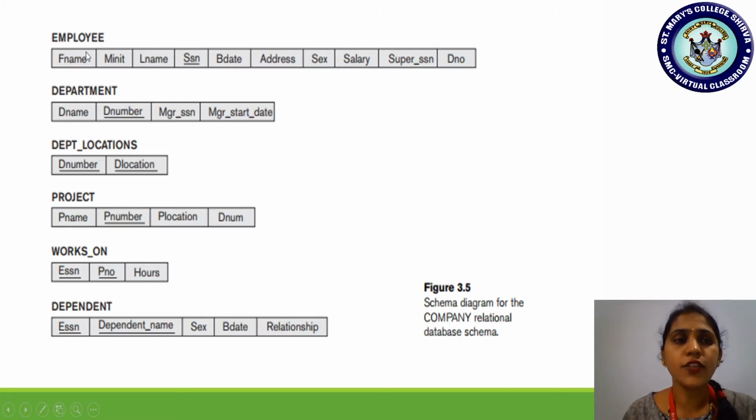A particular employee is working in which department? That department is referenced with the help of a number. And this DNO, the value we choose from another relation, here we have chosen DNO from the department relation. Why have we chosen department number? Because it is the primary key of the department relation.